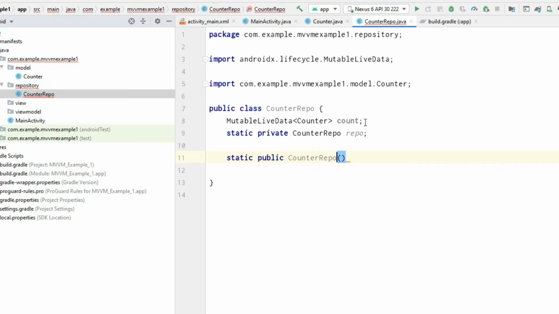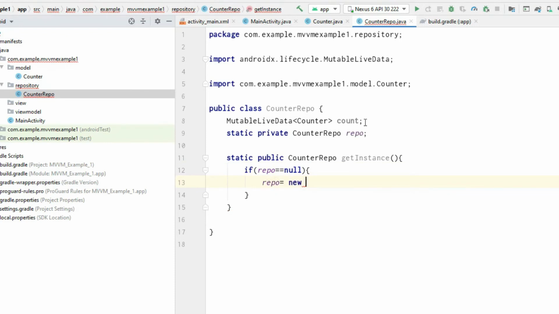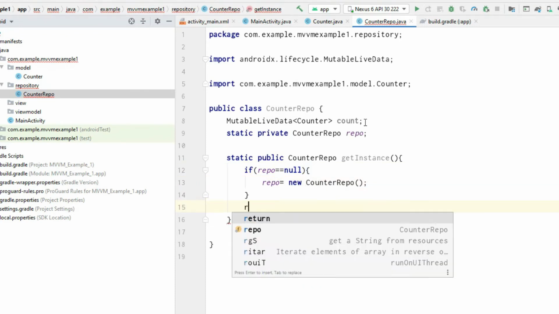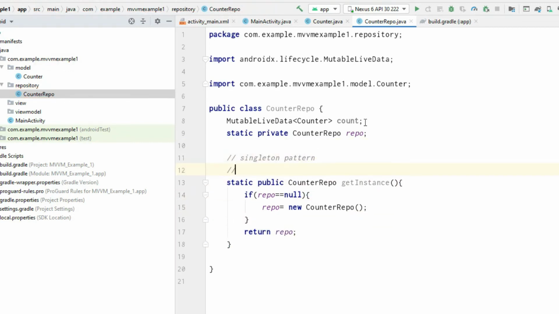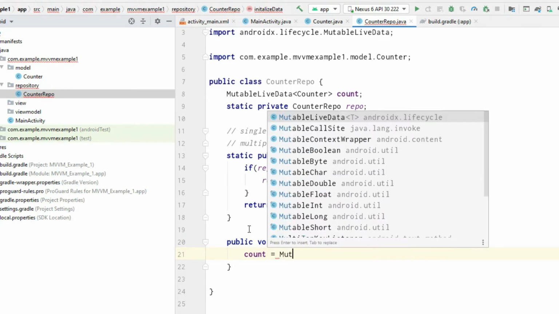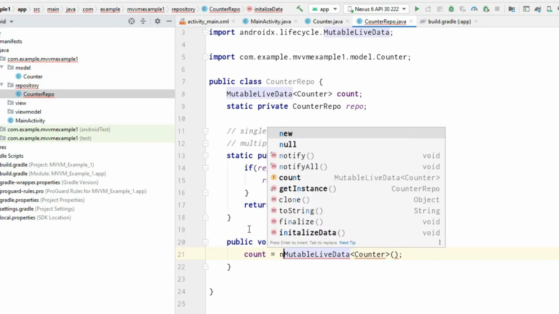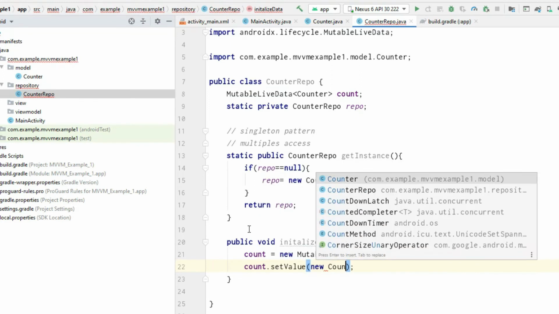In simple words, we are creating the singleton design pattern, so multiple objects will access the same one instance of that class. For that, we create a static method getInstance. Now we will create another method called initializeData, which will initialize the counter variable with initial value 0 and return it as MutableLiveData.